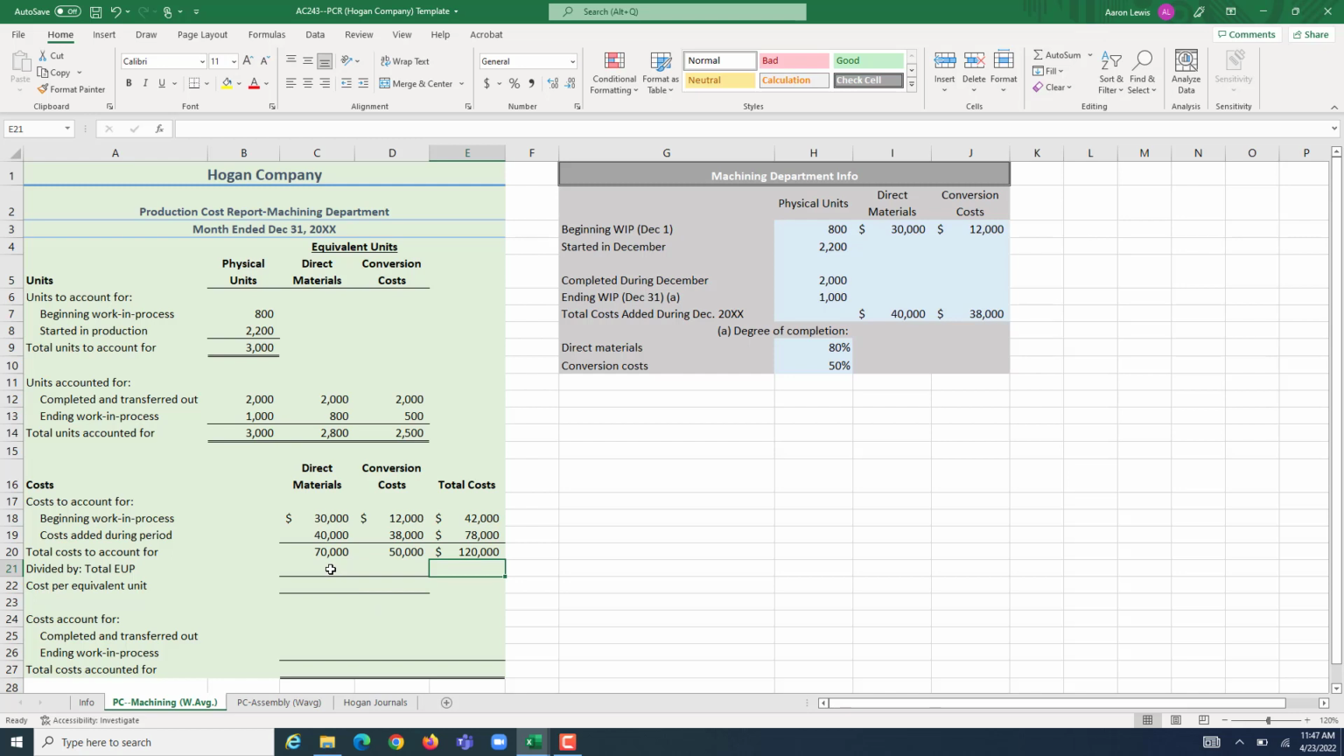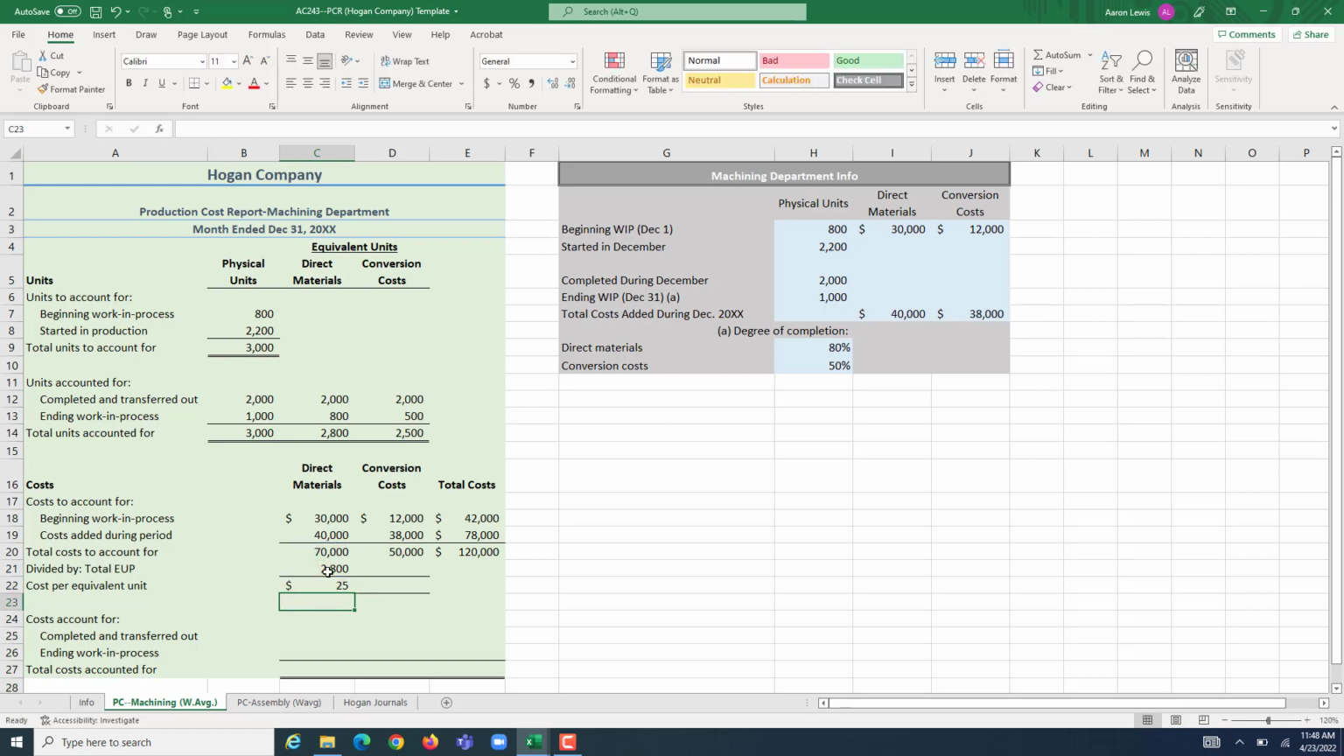The easiest way to figure out what portion of costs get transferred and what portion of costs stay in department is to figure out your cost per equivalent unit, which is why we figured out our equivalent units up above. We said here that $70,000 worth of material costs was enough to complete 2,800 units in full from start to finish during the period. So if I take that 70,000 and divide it by this 2,800 in our cost per equivalent unit,